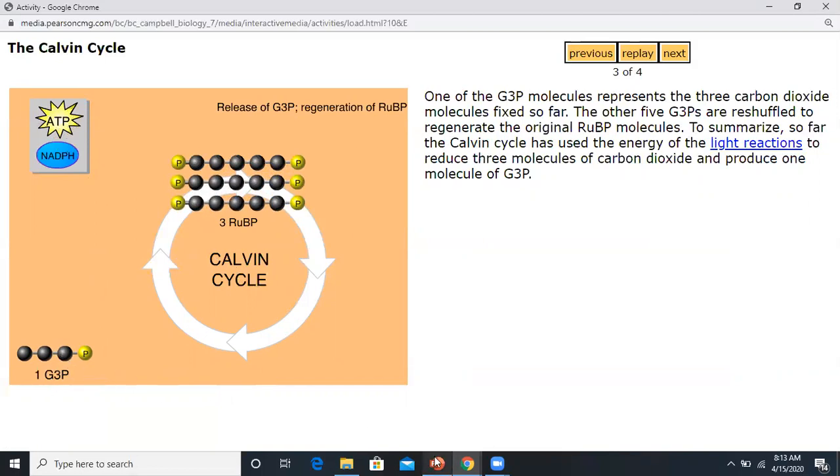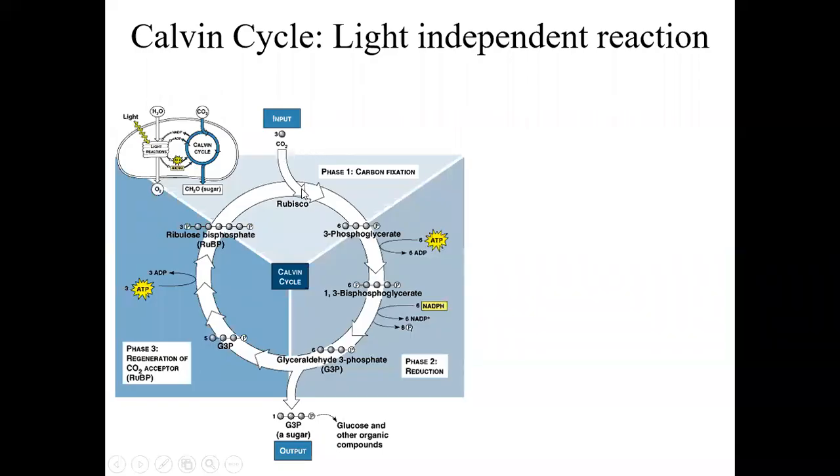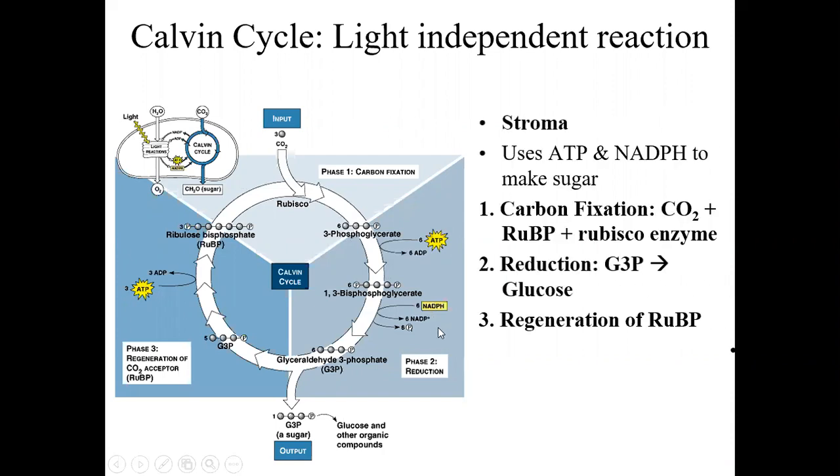So jumping back to this, let's just kind of talk about what we saw. CO2 came in using Rubisco. I made 6 of those 3-carbon intermediates. Okay, that's my carbon fixation. I added ATP and NADPH from the light reaction, right? And then on this last step, after I've spit out 1 G3P, I add some ATP and remake ribulose bisphosphate. Why do I have to redo this? Well, I need more CO2 to come in. Now, if you look at the numbers here,